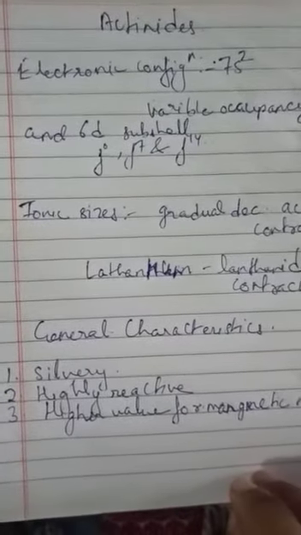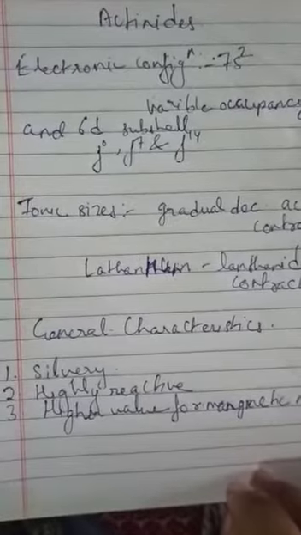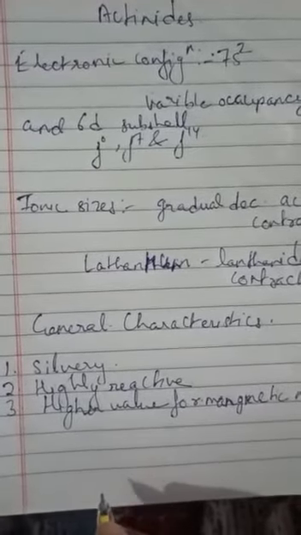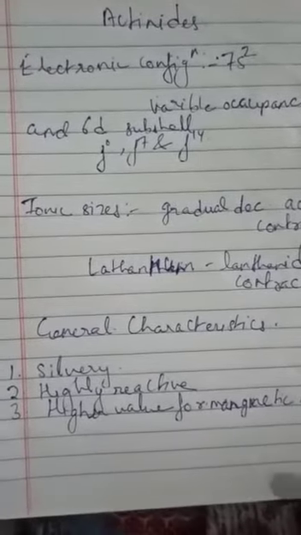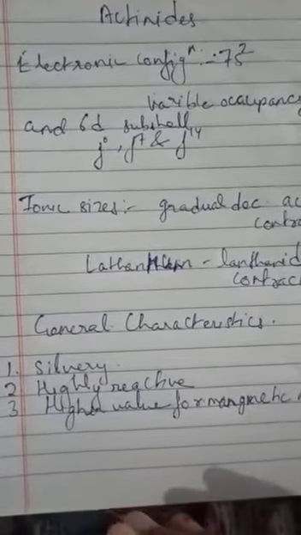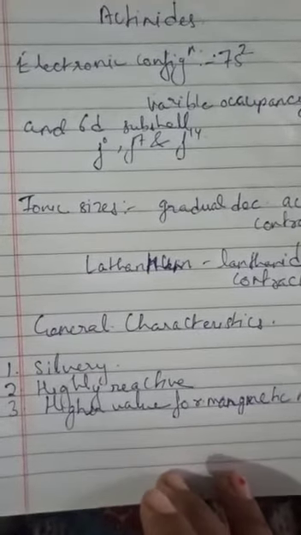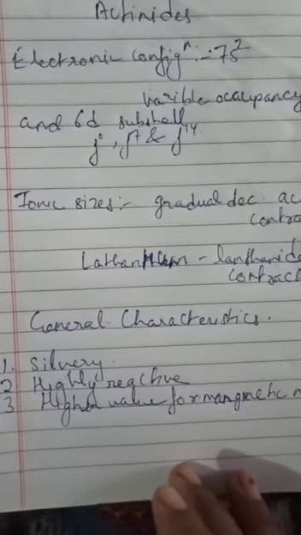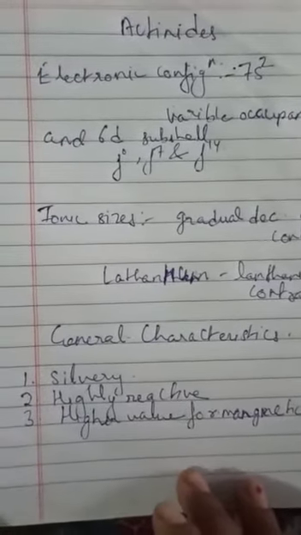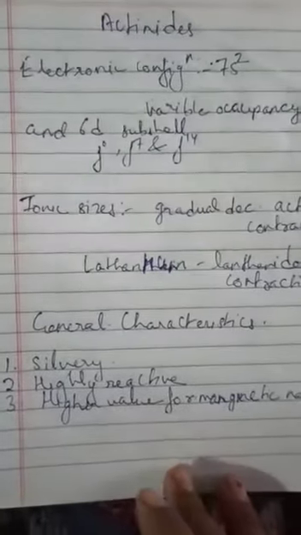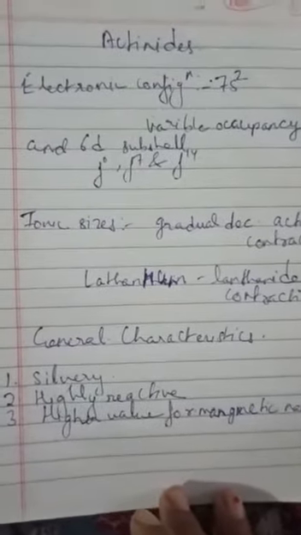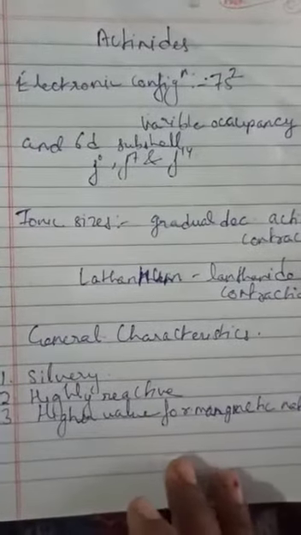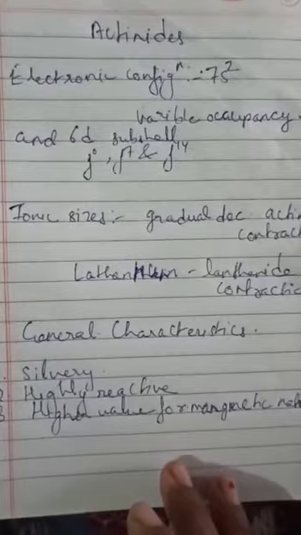The lanthanide and actinide contractions have extended effects on the sizes of the actinides and lanthanides and also the properties of the elements succeeding them in their respective periods. Okay, so these are the important properties of actinides. Okay, so when we study the actinides and lanthanides, they are quite similar in their properties except for some cases.